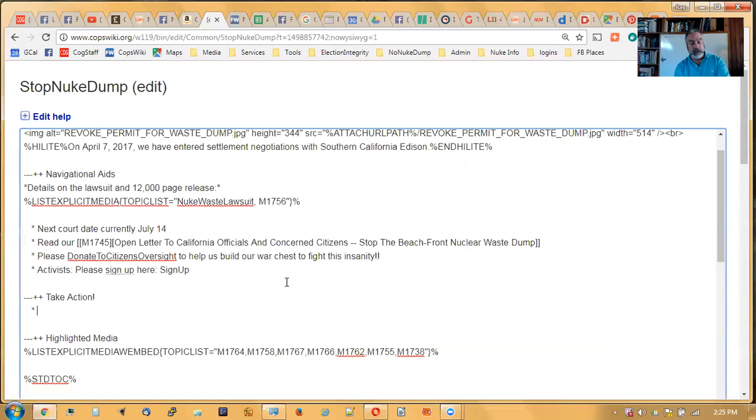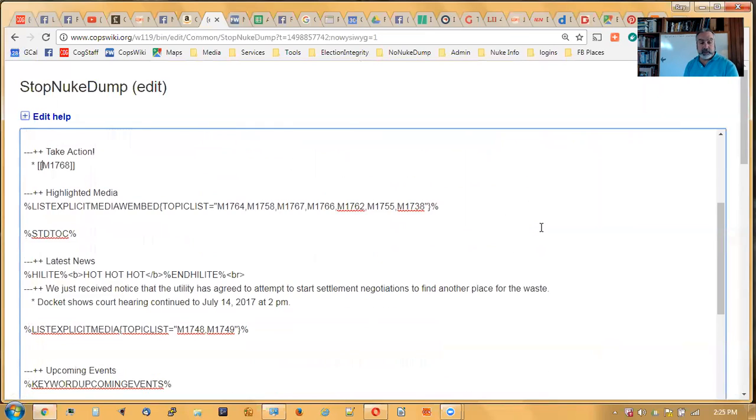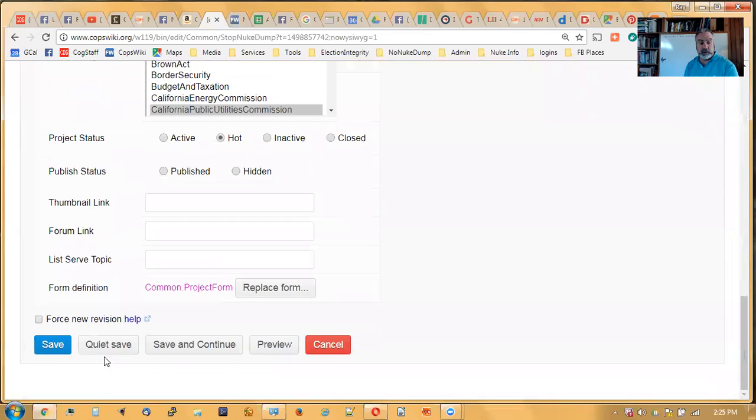Now, I could either put it in like this. If I just went like that, it's going to find it. It's in the common web. It's going to find that and make it a link,